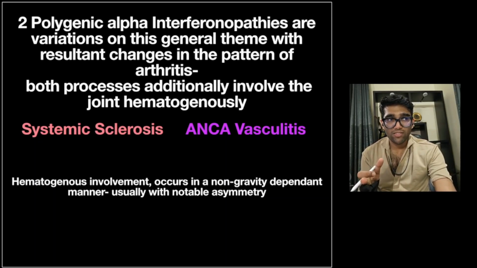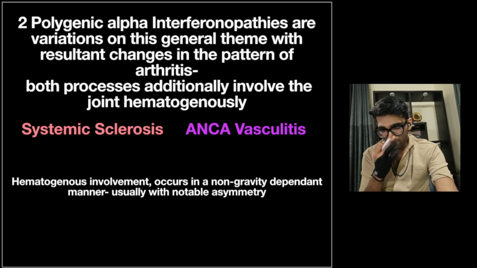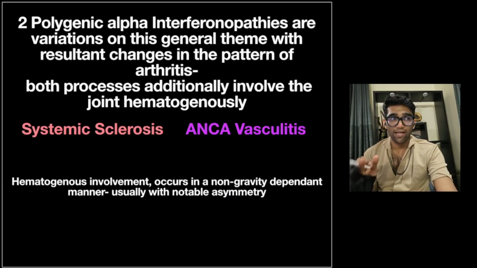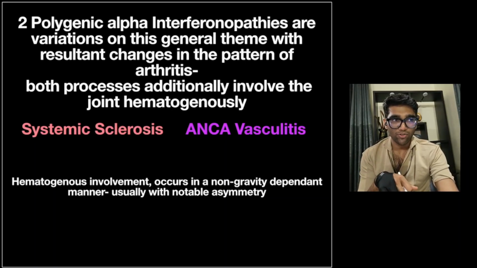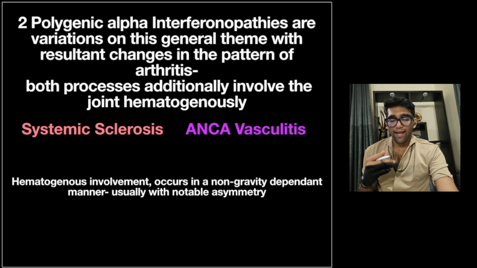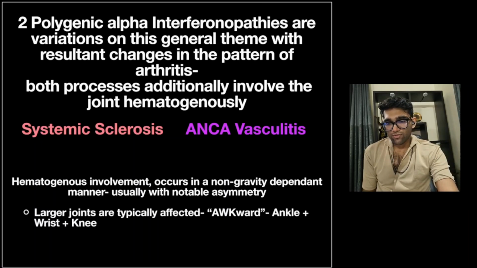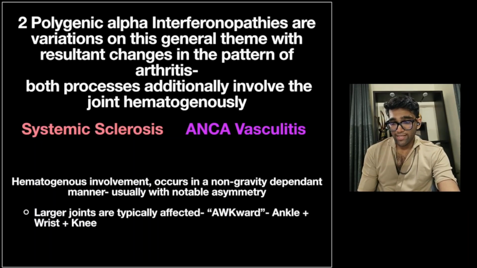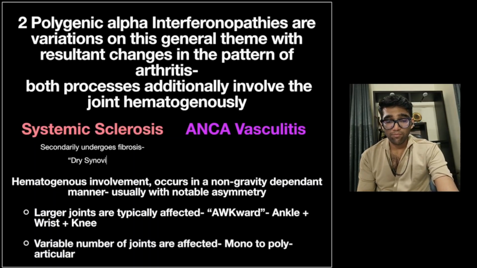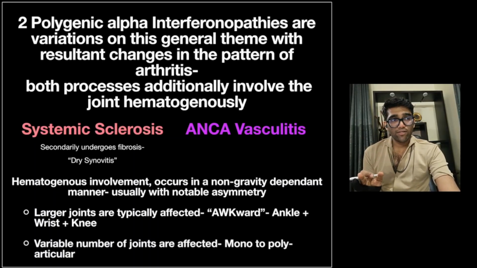This kind of distribution is reflected in the arthritis that develops, the skin involvement, and the peripheral nerve involvement, and that is why cryoglobulinemic vasculitis tends to have all three affecting the lower limb symmetrically. On the other hand, ANCA vasculitis would not show this kind of gravity dependence. It can show significant involvement of joints that are not in the lower limb, like the elbows and the wrists. Also they often show a significant asymmetry. So like I said, the mnemonic I use is awkward, that is the ankle, wrist, and knee. One more thing that is very important is that the number of joints affected could vary very significantly